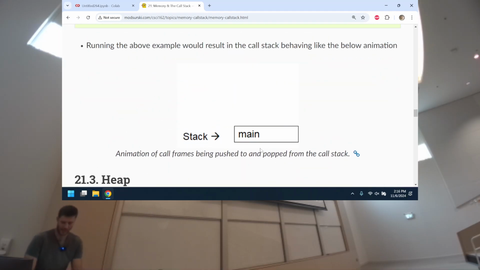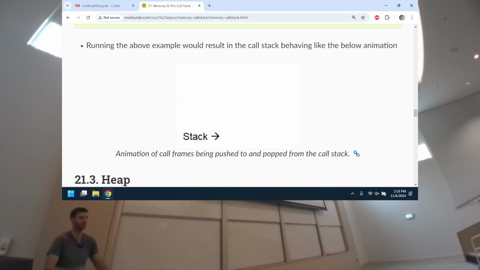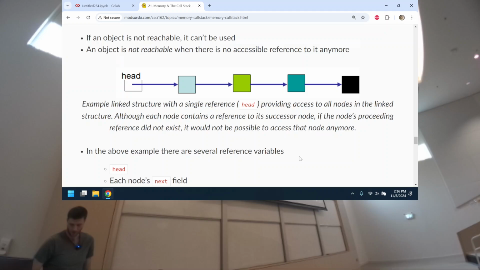And that would call main. Main calls function 1. Function 1 calls function 2. Function 2 calls function 4, which finishes, returns, finishes, returns. Function 1 calls function 3, finishes, returns, returns, returns. We're done. When you have a function calling itself, you end up having,